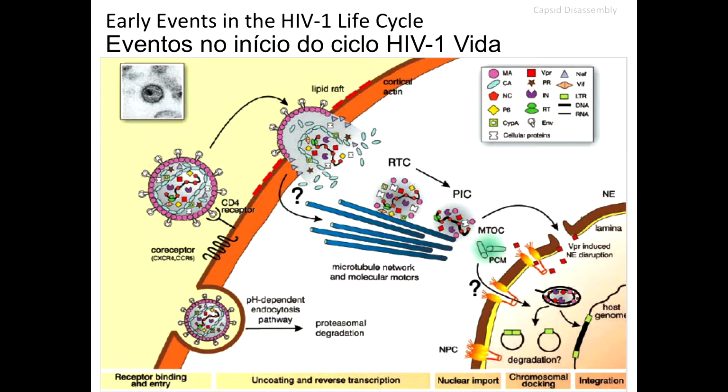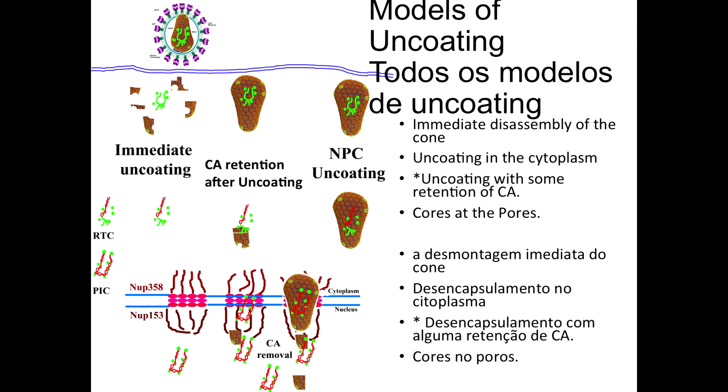Reverse transcribing along the way to ultimately enter through a nuclear pore, deliver the genome, and integrate into the DNA of the virus. And the thing that I want to focus on right now is this question of this capsid structure here. So inside of the virion, I should probably have a nice EM picture of a virion. You have this cone, and inside of that cone is the viral